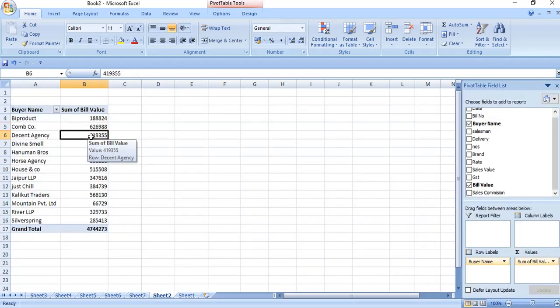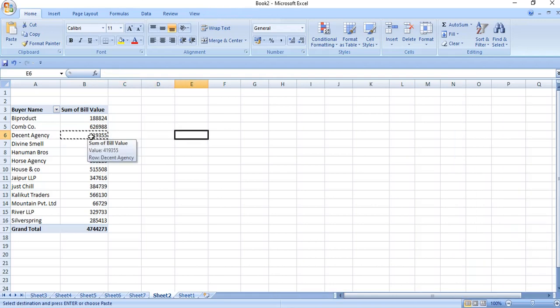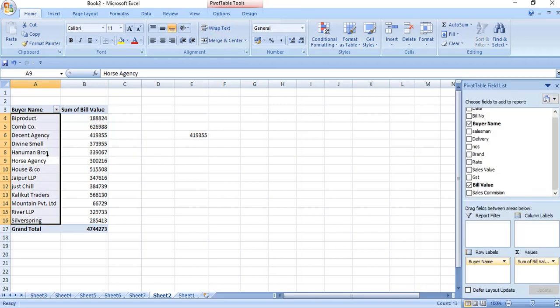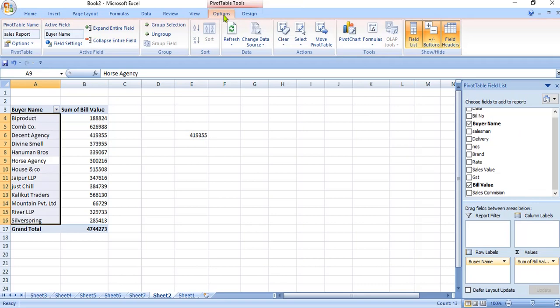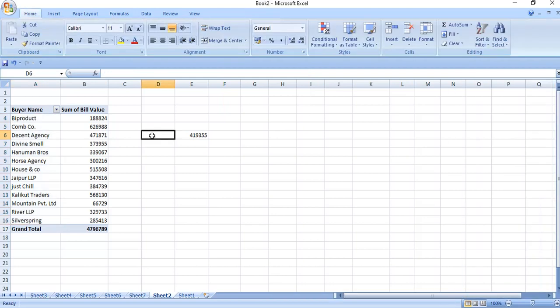The figure of Decent Agency was 4,19,355. Let's see any change due to insertion of a new bill. If I refresh this data, you can clearly have an idea regarding this change.